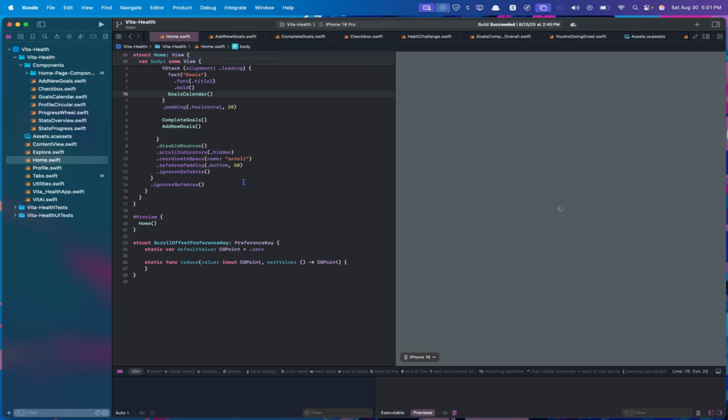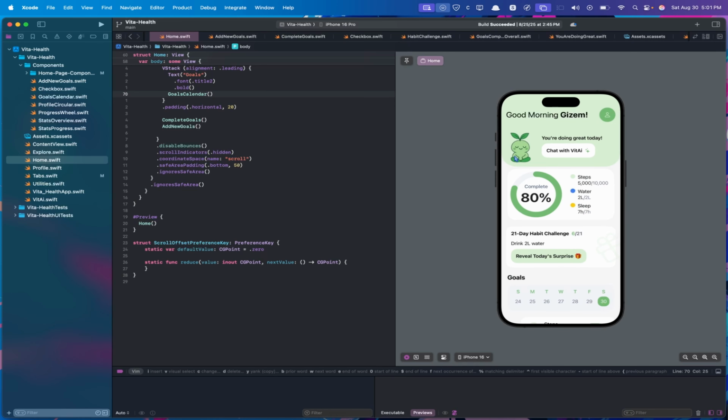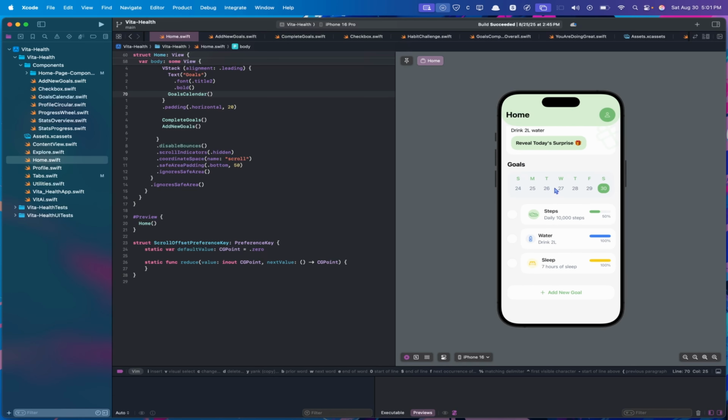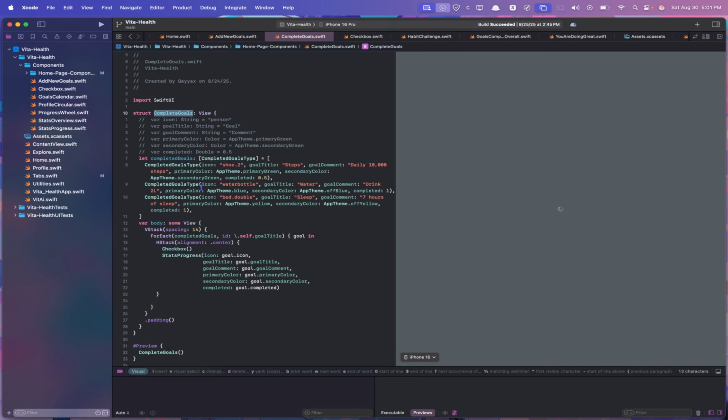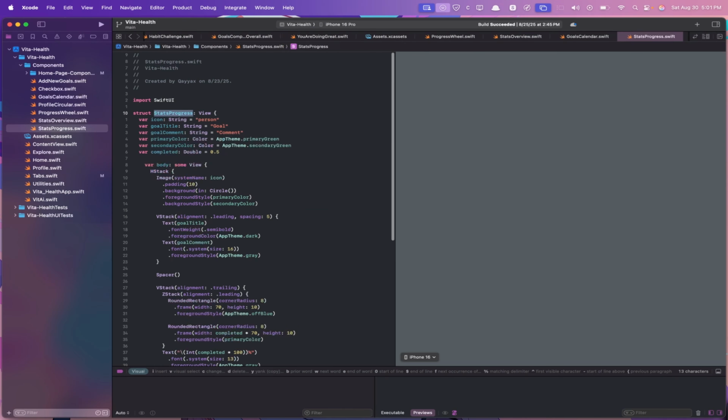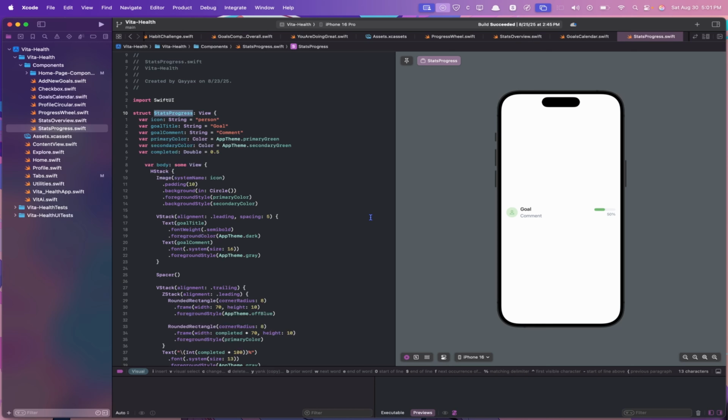So the calendar part and the geometry part were the most difficult parts for me. Now we go back to this one. Let me just come to start progress. For this progress bar,